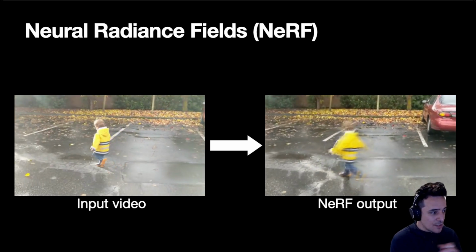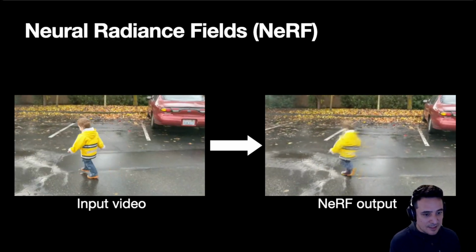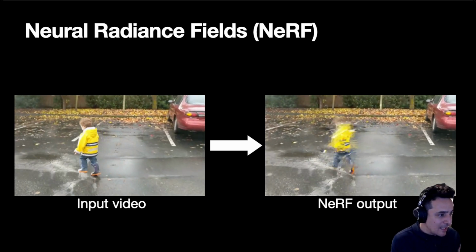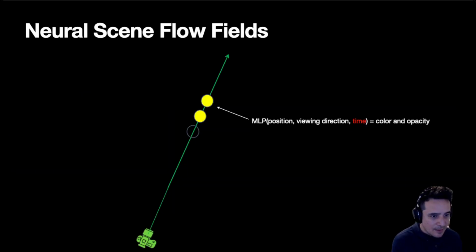If we just use the default NeRF out of the box, we end up getting this. This is kind of expected because this NeRF has no notion of time, so it has to hide the dynamics in the view direction. So you can think that we just add time. We condition this MLP on time as well, and let's just try to reconstruct this scene. If we do this, we find that it actually did not work very well. This is because the MLP was not tying together the different frames in time in a way that made sense. It gave it too much flexibility in what it could represent.